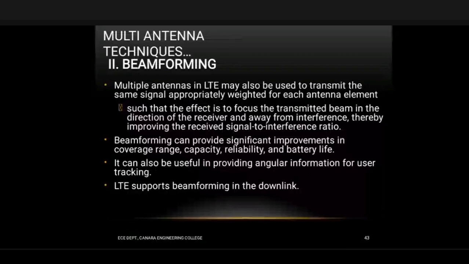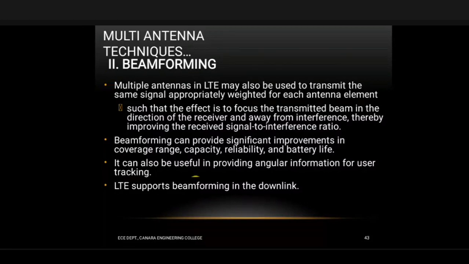Beamforming can provide significant improvements in coverage, range, capacity, reliability, and battery life. It can also be useful in providing angular information for user tracking. LTE supports beamforming in the downlink. In the uplink, your mobile phone is not that capable. You need an array of antennas to do that. So the mobile tower can do that. And this is